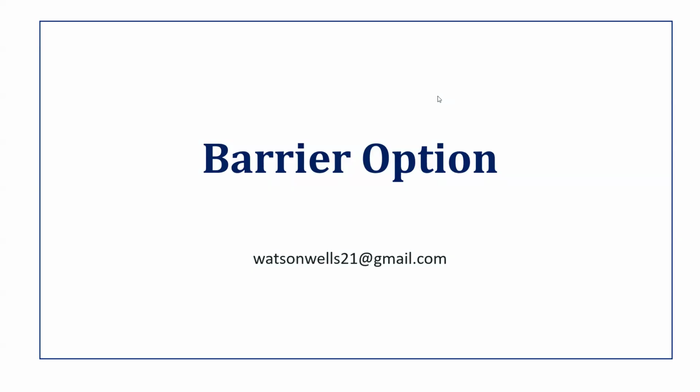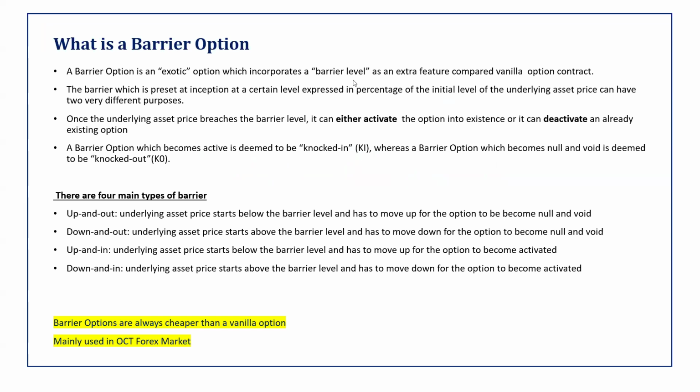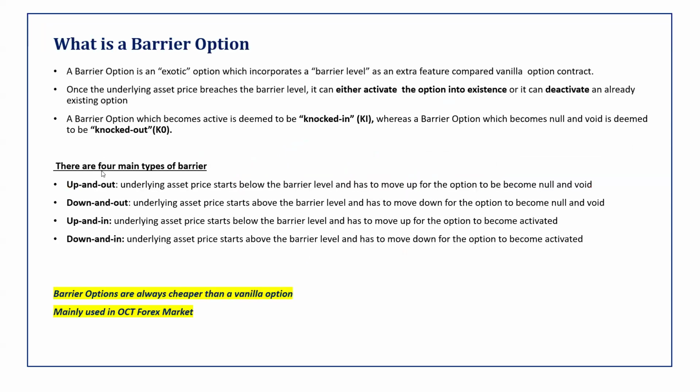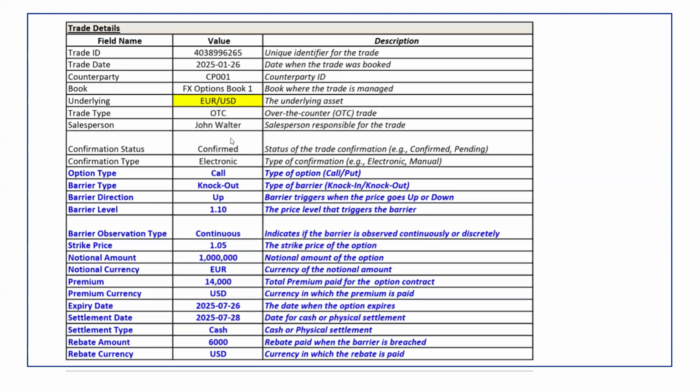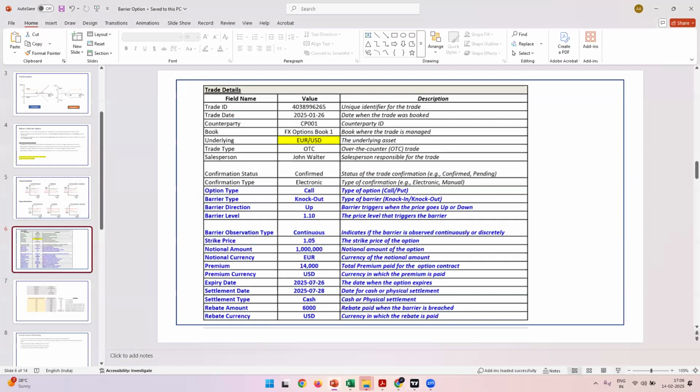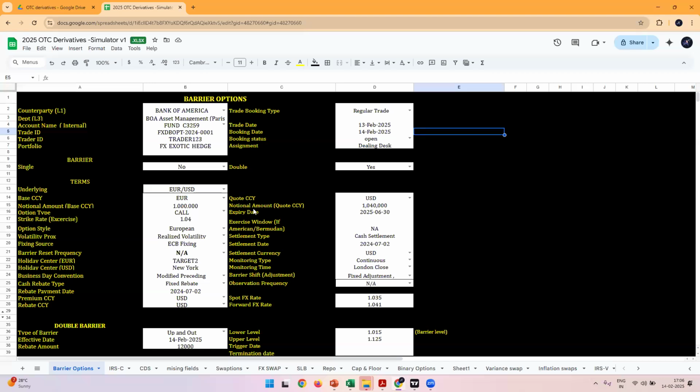We will start with understanding the concept of what exactly is a barrier option, what is knock-in, knockout, and then we will understand the different types of barriers. And then we will also look into one practical example of a barrier option. And then in the later part, we will see how practically these options are traded. And we will also focus on certain trade economics, the fields which are used for booking barrier options in the